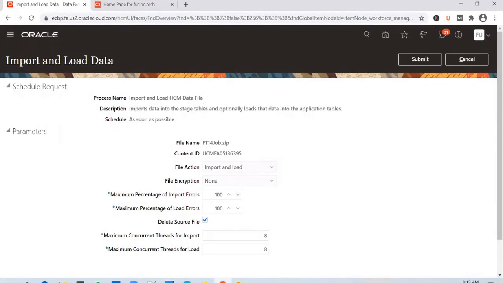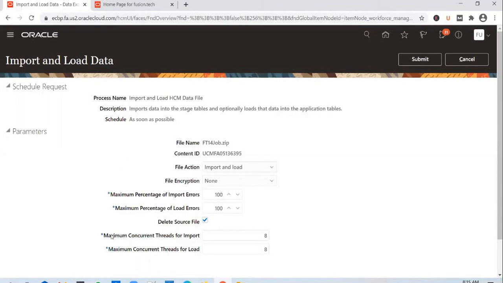If it is quite a huge file that you're trying to load, instead of one worker doing all the job, you can spawn multiple threads. And you can define the number of threads you want to spawn for import and load separately. So that gives you more control.